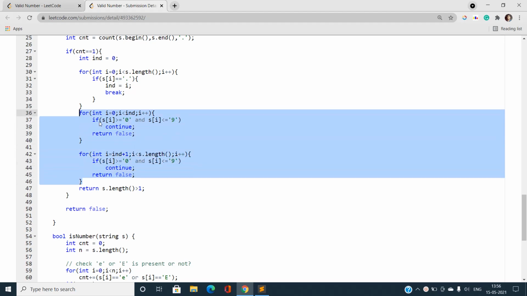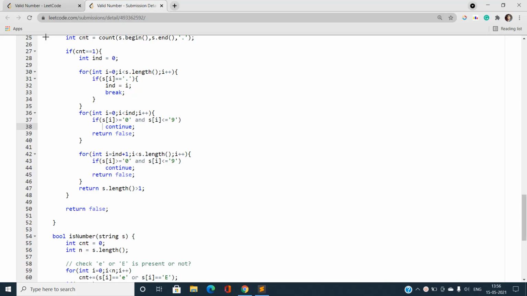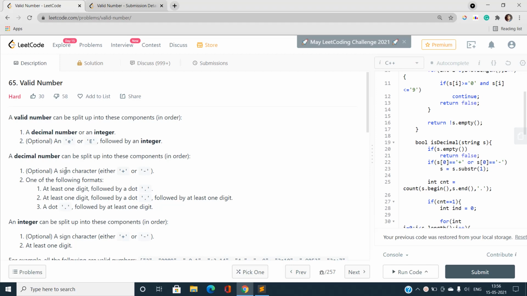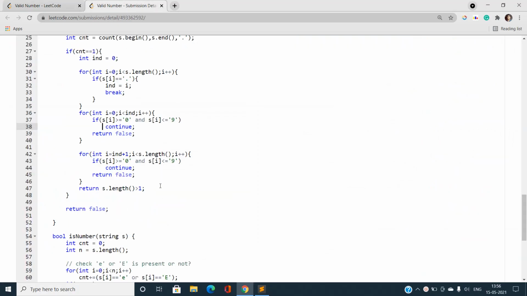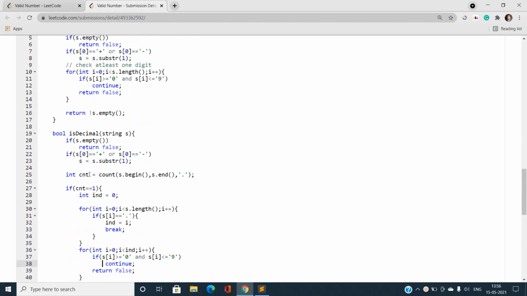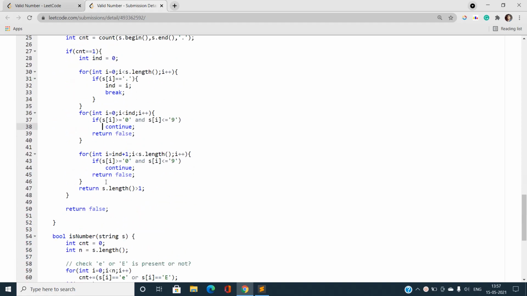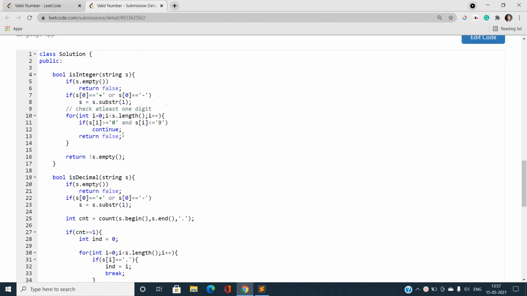But according to the definition of a decimal, you need at least one digit. But here you can see there are no digits. So you must ensure that the string's length should be greater than 1. And if all this holds true, return true. That is, it will automatically return true if the string's length is greater than 1. Otherwise, return false. So these are the two conditions for checking the integer and checking the decimal.